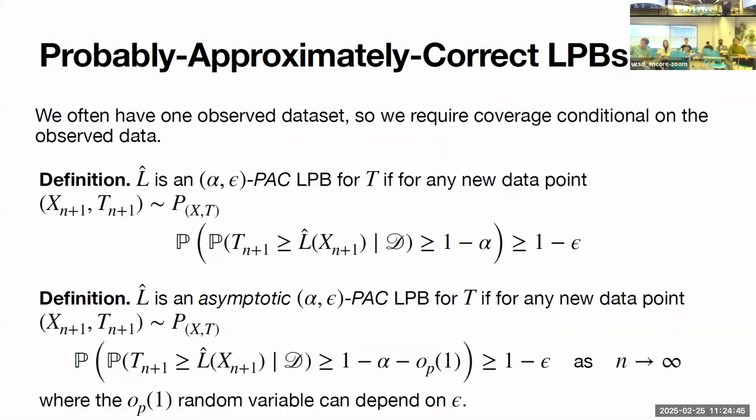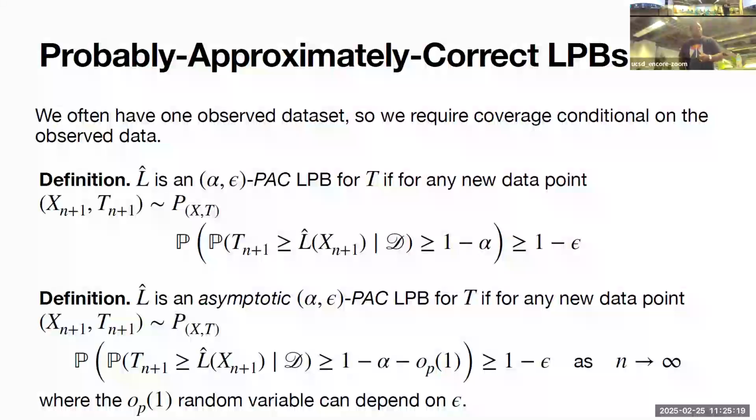All right, so I'm going to introduce now these ideas of probably approximately correct lower prediction bounds. We often have one observed data set, so we require coverage conditional on the observed data. Therefore, this definition is going to be useful. Now we have two parameters that we want to set to calibrate. L hat is an alpha, epsilon PAC, probably approximately correct, lower prediction bound for T